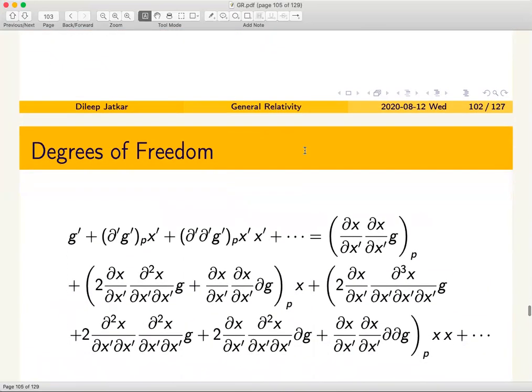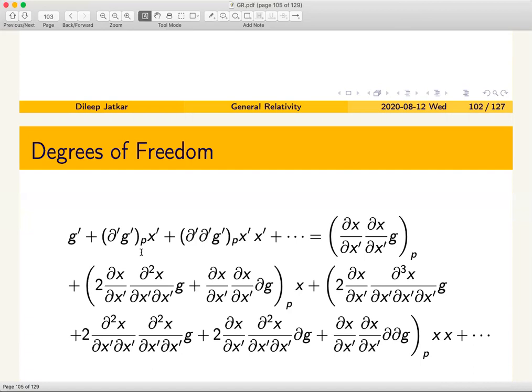I can write down G prime in this fashion. On the left hand side, I write G prime equals G prime at point P, plus the derivative of G prime at point P times X prime. I'm not writing indices right now because if I write indices, then I have to write down say mu prime here, and then here, and then here, and so on. The expression will just become cumbersome simply because it carries too many indices. The main point that we are getting at is not crucially dependent on these indices, but more on identifying quantities and figuring out how we interpret these expressions.